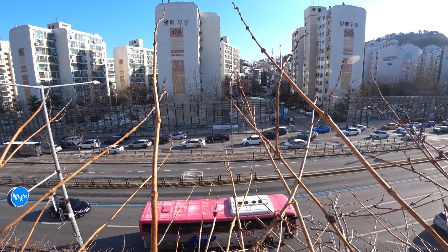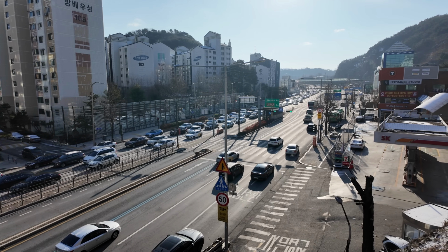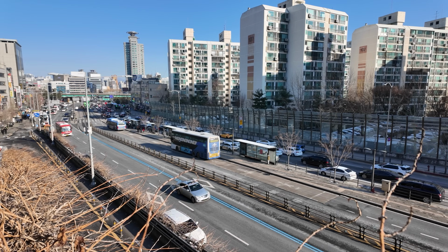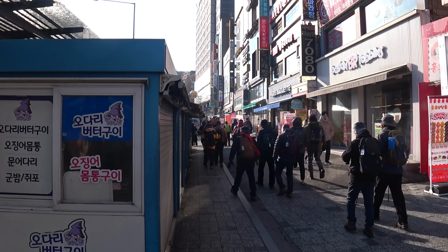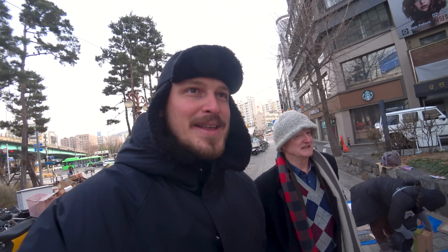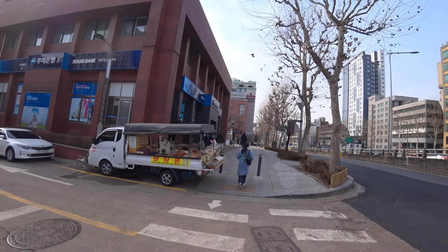The name Namhyeon-dong means Southern Mountain Pass, and it was indeed the main pass over Mount Gwanak to reach Seoul from the south. Today the thieves are probably gone, but people still travel in groups over the mountain. Better safe than sorry. Without further ado, let's take you through the more interesting parts. Yeah, let's do it. Here we have a little interesting building,